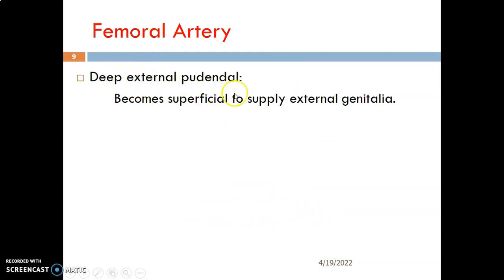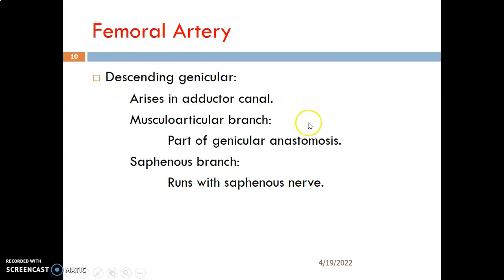Femoral artery also gives deep external pudendal, and this supplies the external genitalia. We have the descending genicular branch from the femoral artery that arises in the adductor canal, and it supplies the knee, this part of the genicular anastomosis, and it can also give a saphenous branch that will run together with